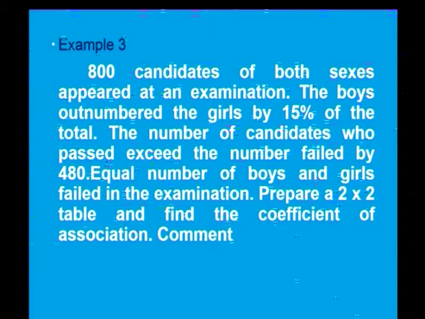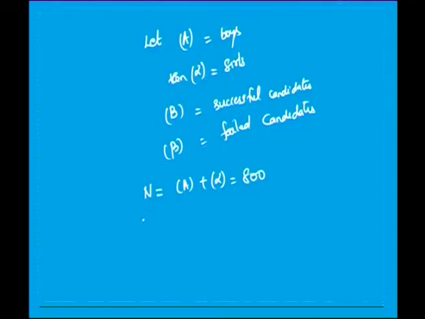Boys are represented by A and girls by alpha. So boys outnumbered the girls by 15% means A minus alpha is equal to 15% of the total, 15 by 100 into 800, which is equal to